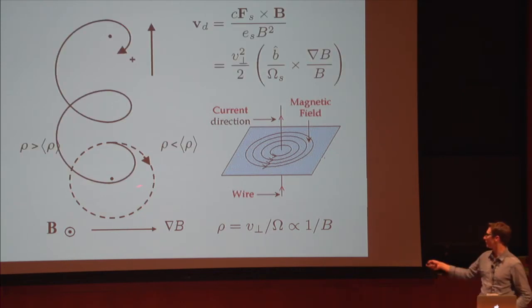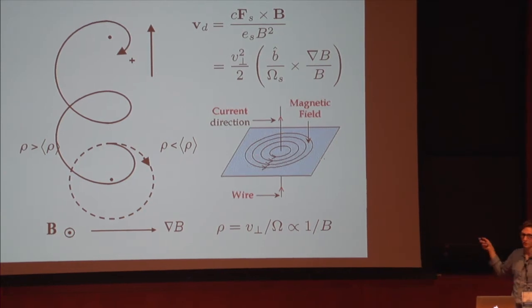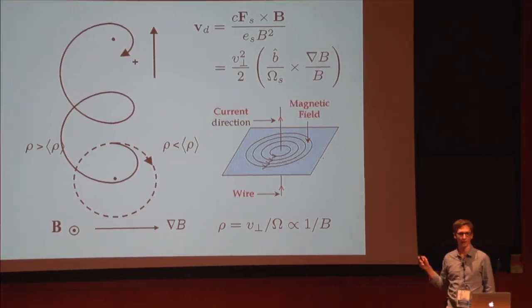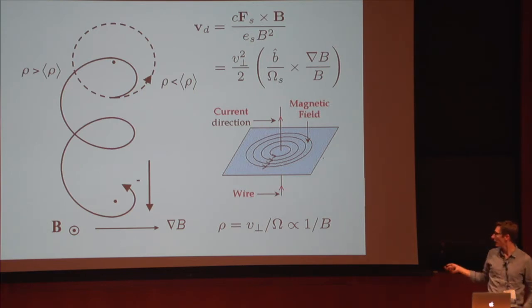But because the magnetic field strength varies over the orbit, you find that locally the radius is smaller here and larger here, and so it drifts upwards. Right? So this is not good. We're not confined in this case. Particles drift across the magnetic field line vertically. And it's even worse than this because if you look at the electrons,